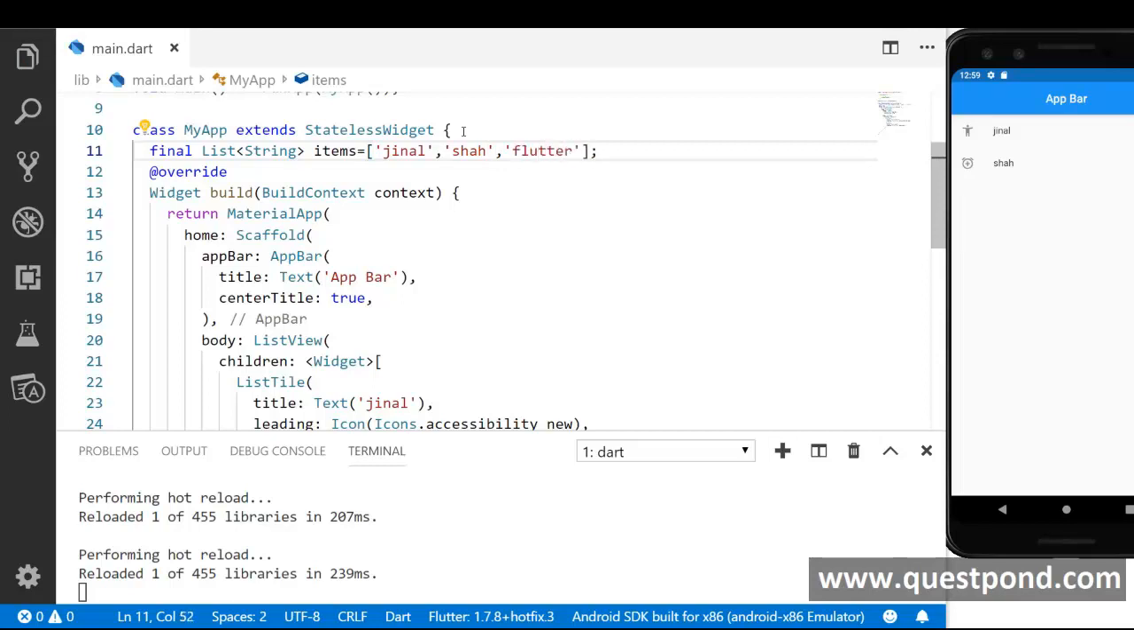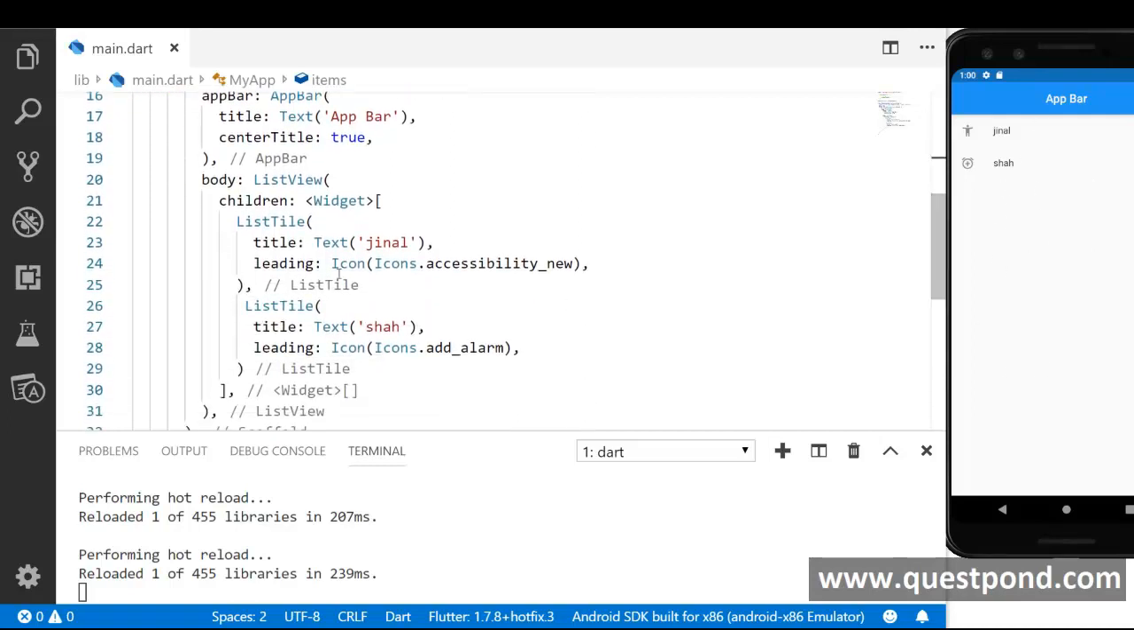Alright, so now I have one list which consists of 3 items. Let's say Jinal, Shah, and Flutter. I want to create a list which will loop through all 3 items and display it on this application bar, or sorry, display it on this body area. Now instead of creating a list tile 3 times, I want to use a dynamic method to create this list